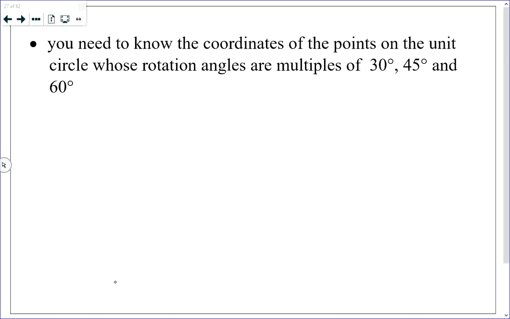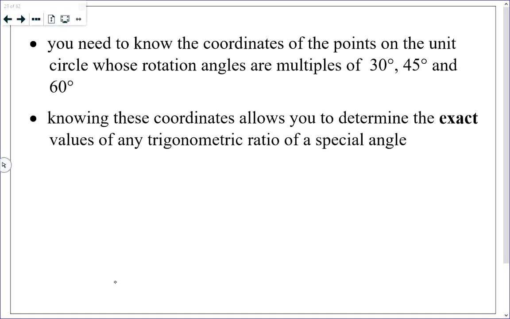I think you need to know the coordinates of the common points on the unit circle. These are points where the rotation angle is 30 degrees, 60 degrees, 45 degrees, 90 degrees, or any multiple of any of those. Knowing those coordinates allows you to determine exact values of a particular trigonometric ratio. For example, and we've got lots of examples that we do in class, I'm not going to give you written examples in this video. If I say to you, what is the exact value